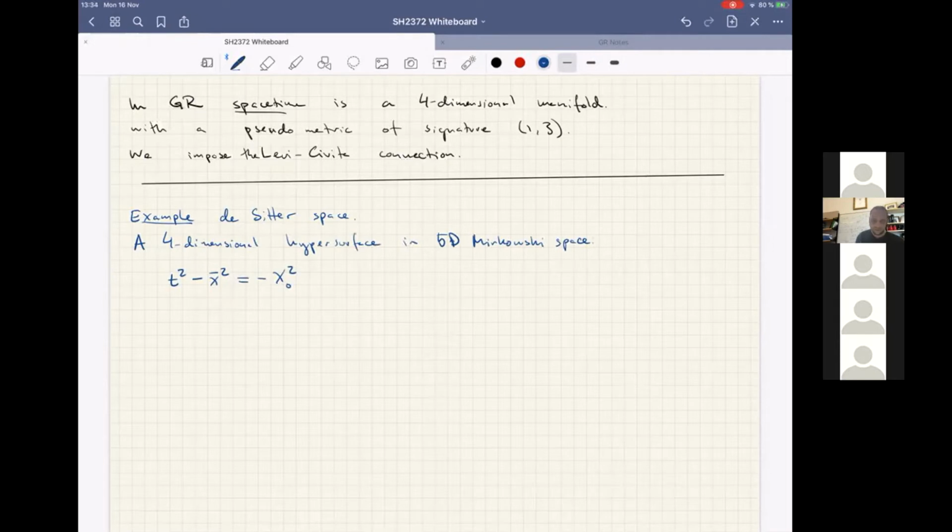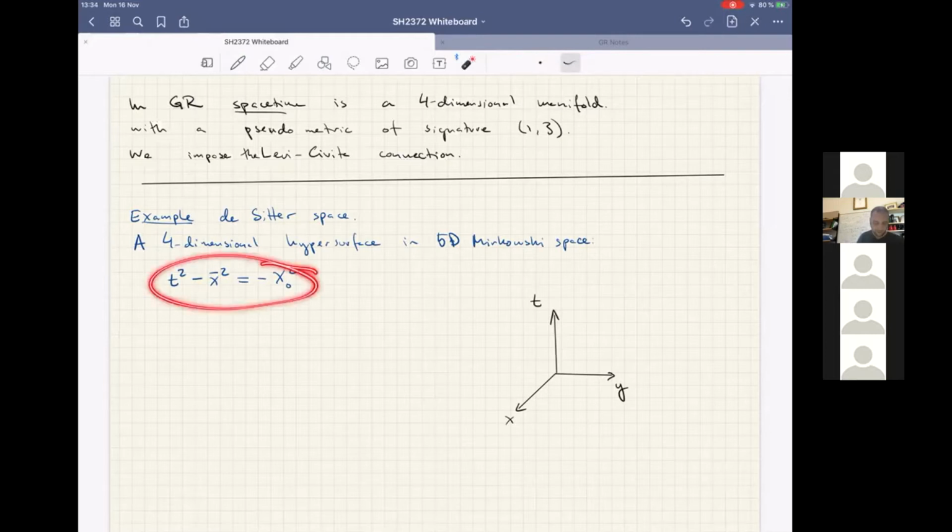So what this means is that if we look here, I cannot draw in 5 dimensions, unfortunately, but let me try to draw something. So if we look here like this, and let's take the temporal direction like that, and then we take the x and y direction. So this is going to be 2-dimensional de Sitter space, which I'm drawing now. If I fix the t-coordinate, so I put this t-coordinate equal to some fixed number,